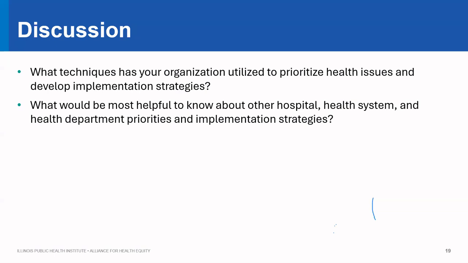In addition to that, because we didn't get a chance to go into it during this meeting, it's that time again where y'all are finalizing your reports. So we're going to start collecting implementation information from all of you around what priorities you choose and what implementation strategies you choose. Y'all are on different timelines for this, we know, so this is going to be an ongoing process throughout the year, but we want to start gathering that information, and we want to know what format would be most helpful for y'all to see that information in.